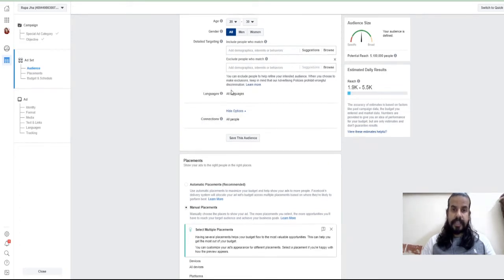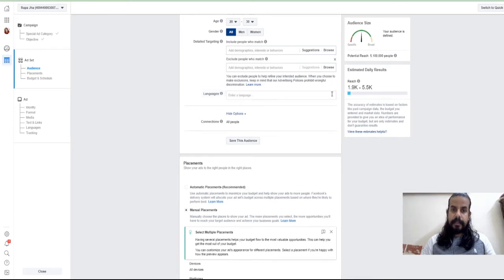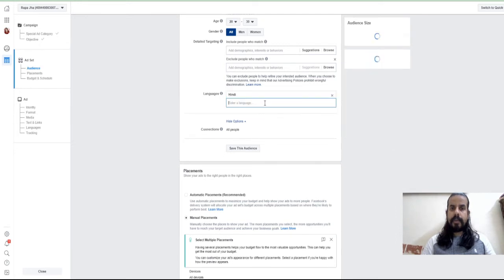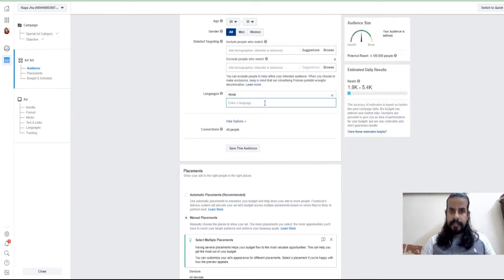Apart from this, the next option I have is languages. While selecting the language option, we can be more niche or more precise in terms of targeting. Suppose in the language option I have written Hindi, so now what will happen? Any audience among the target group, that is within the age range, gender and location that I've selected, and having the same interests and behavior, whatever earlier filters I have applied, and whose Facebook account